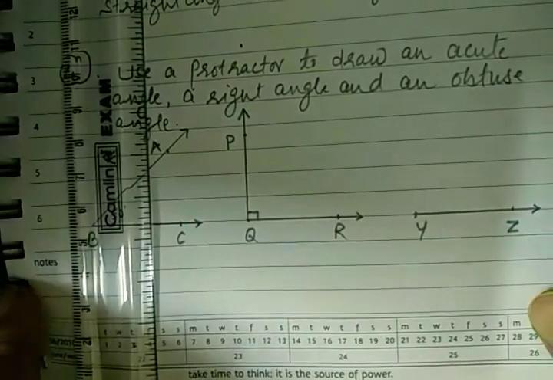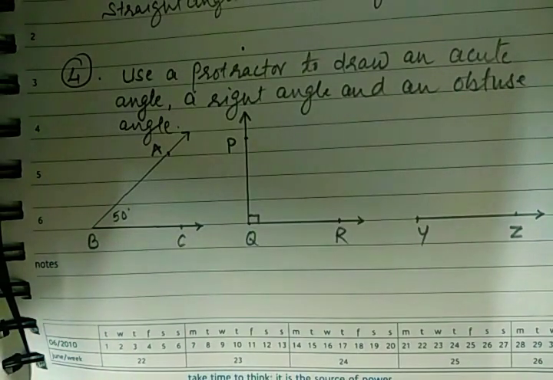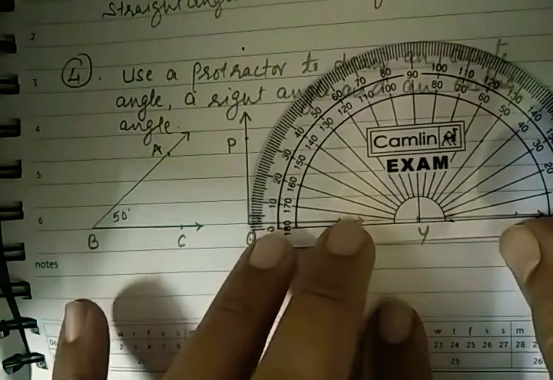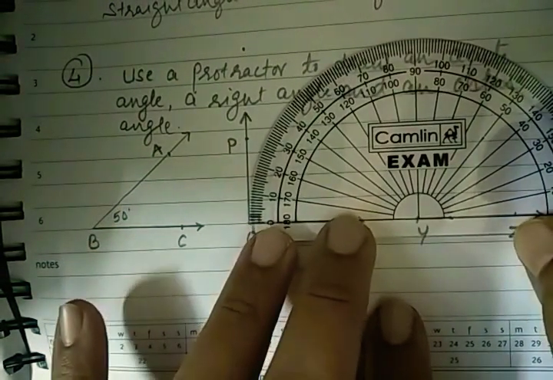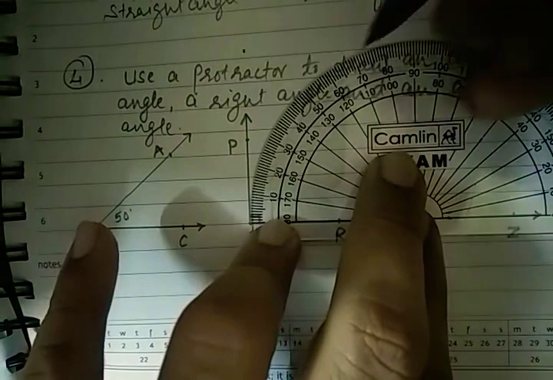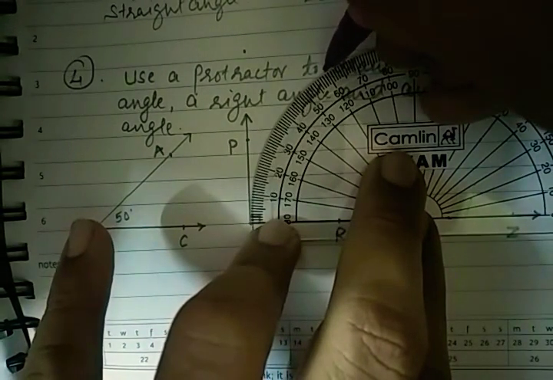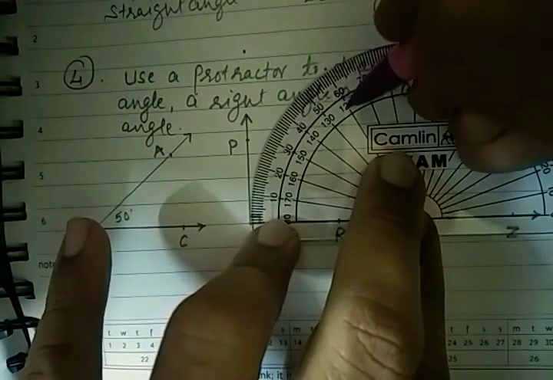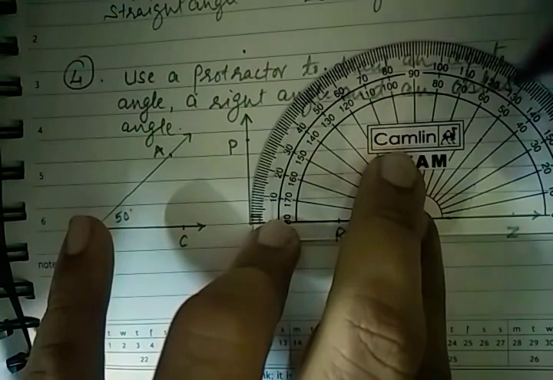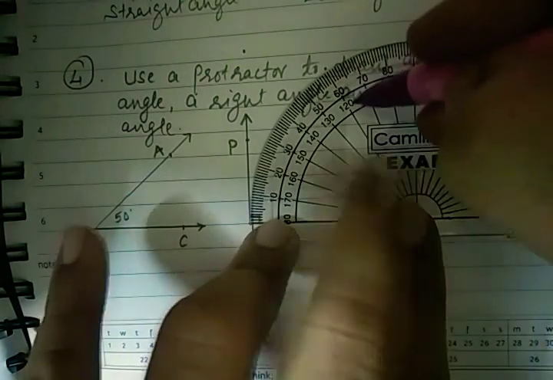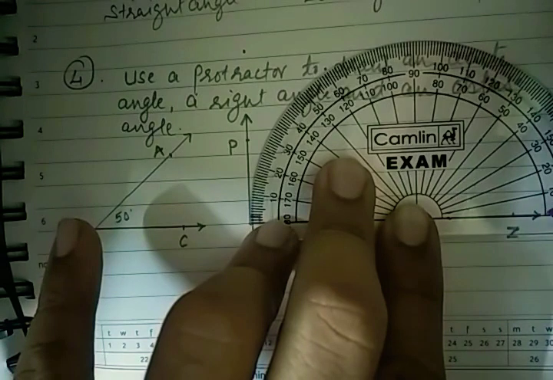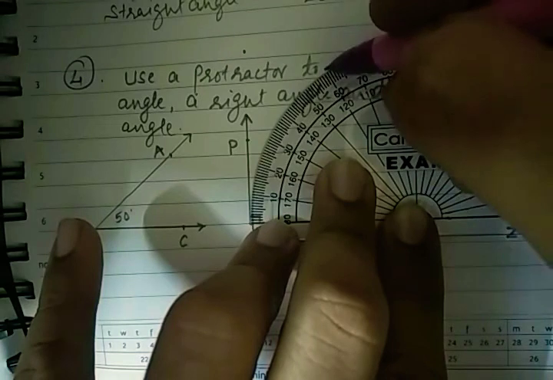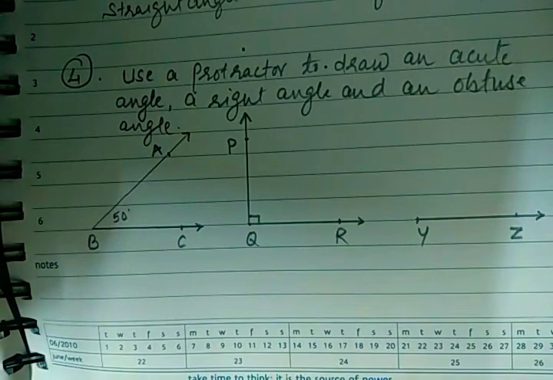Okay, now for the third one, they have asked to draw an obtuse angle. So obtuse means any angle which is more than 90 degrees but less than 180 degrees. So more than 90 and less than 180, you can take any example. I have taken here 120 degrees. Remember, 120 and 60, there are two numbers, so many times you get confused about that. So this is 120 because our initial ray is over here, so I am following the zero line from here. So this is 120 degrees. Okay, now let's join this.